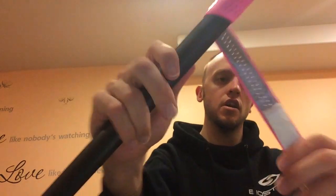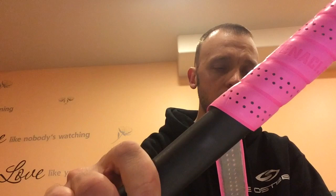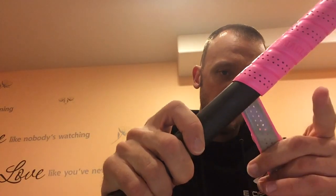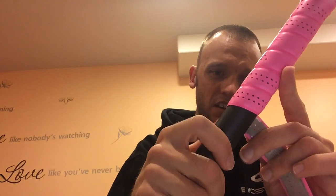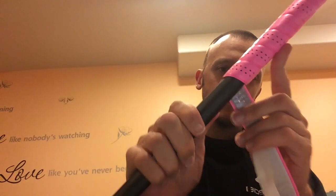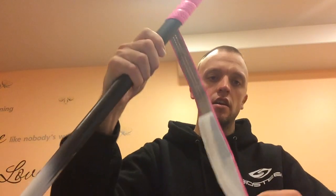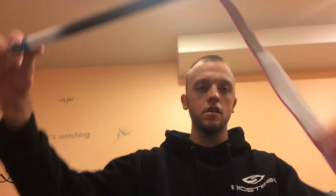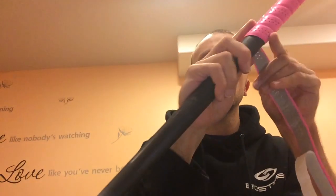So just to reiterate that grip in the holes, you can now see the black underneath the shaft there. It just gives you an idea of how aerated this grip is. So far we're doing pretty well here. And just to give you an idea, that's how much shaft I have left, and I've still got a folded up grip to go here,